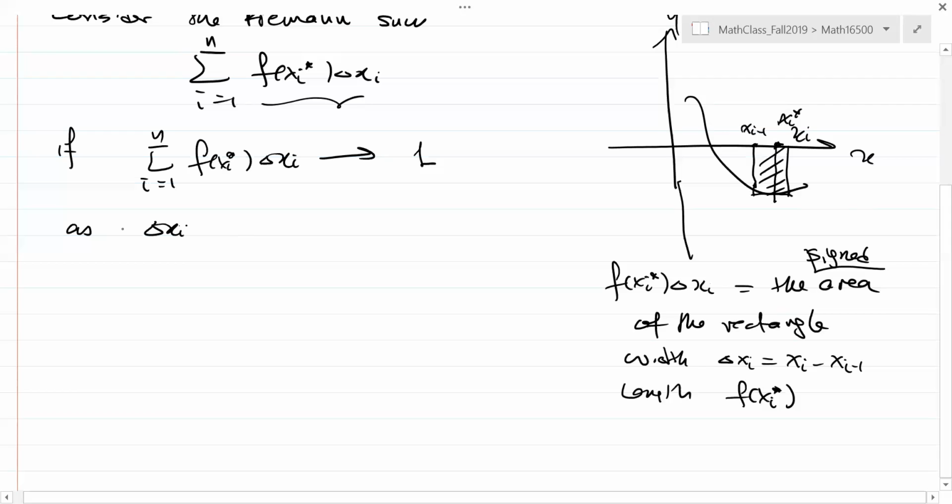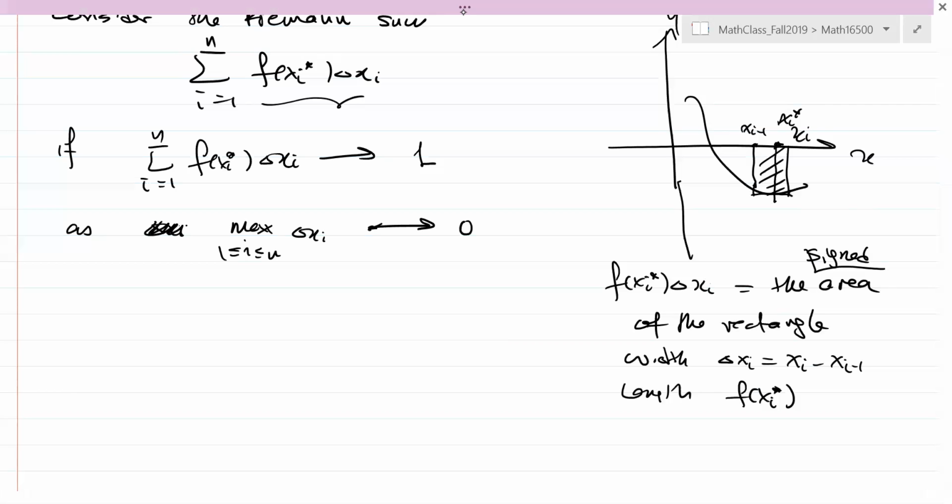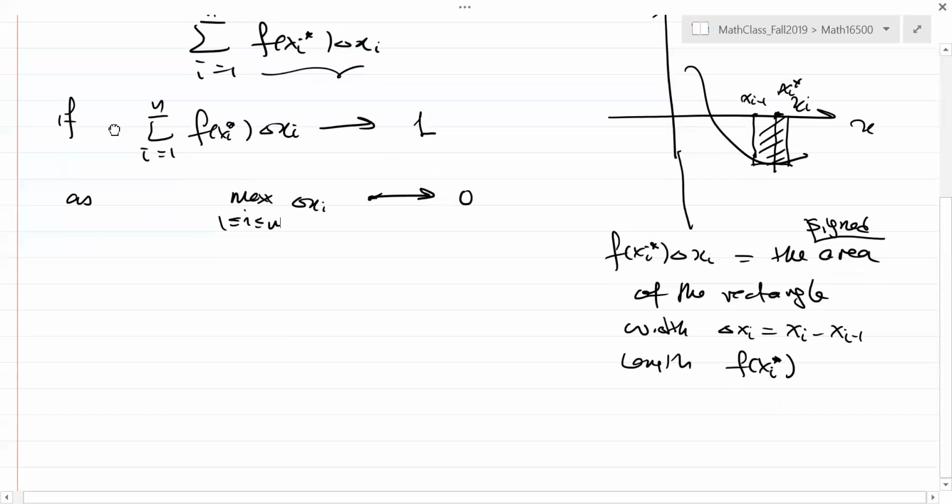Uniformly means the maximum value over i from 1 to n of delta x_i, the largest one, approaches zero. As this approaches zero, you have so many numbers you're going to get, right? Because x_i star is also an arbitrary point. But if this is a finite number,